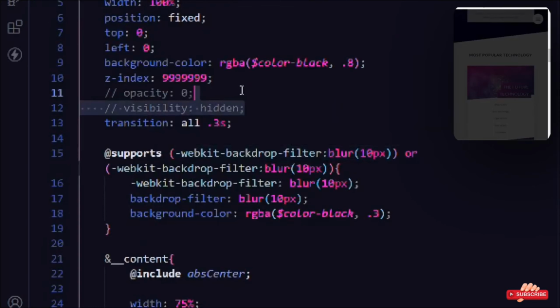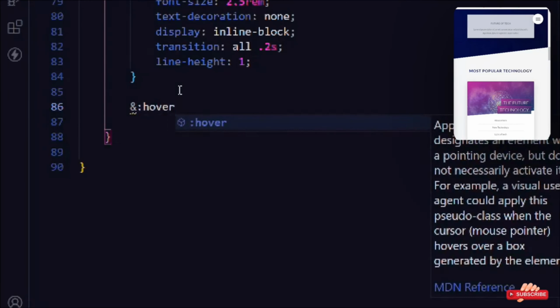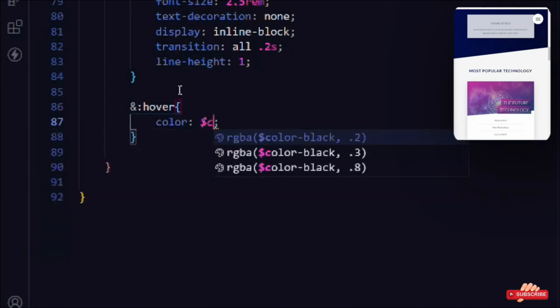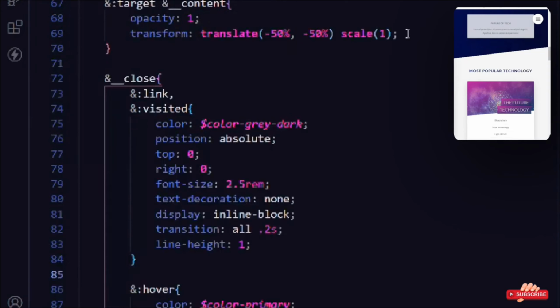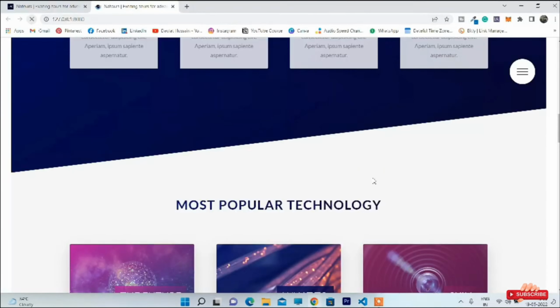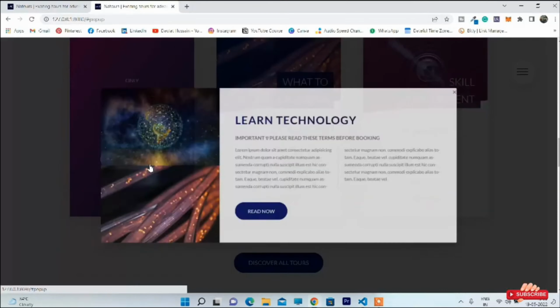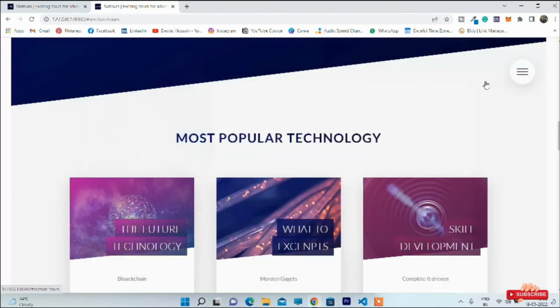And let's comment out this. So right now this is how it will look. So let's come down, let's get the hover effect, and color is going to be color primary. We don't have any error. So right now, as you can see, if I click, we have this pop-up. If I click on that, close, close, you can see, open,